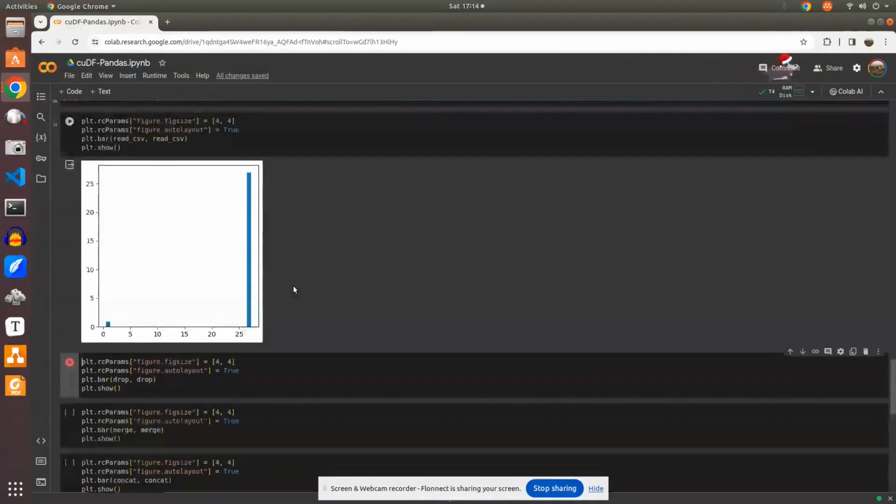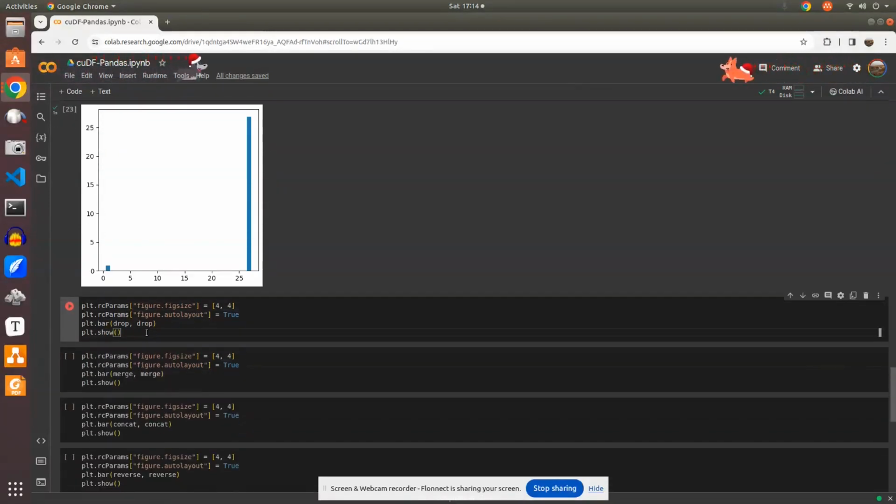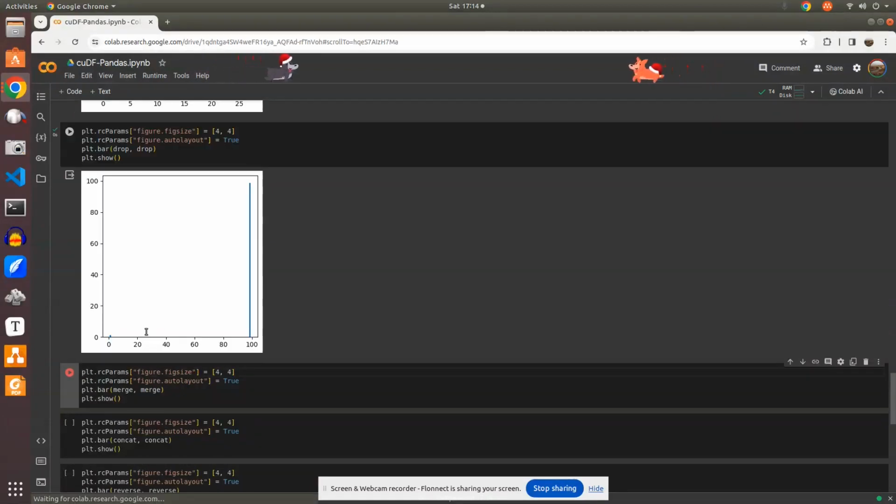If we look at the graph here, for reading the CSV, the blue point, less than 5, is for CuDF. On the other hand, we have this for pandas, which took around 27 seconds. And for the drop operation, if we look at the time taken, it took almost 100 seconds for pandas, while it took less than 2 or 3 seconds for